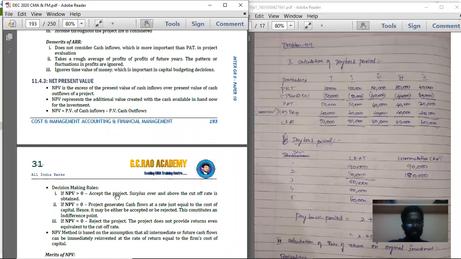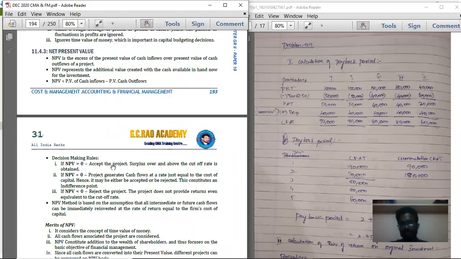So next is net present value. Net present value should be calculated by multiplying your returns into the present value factor. That is point number 1. Next, you should deduct the present value of cash outflows from the present value of cash inflows. That is the total income which you are going to receive from the project. You have to convert all the income into present value, and then the summation of it is the present value of cash